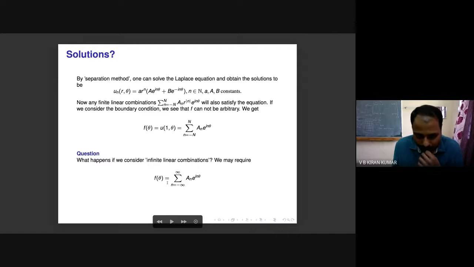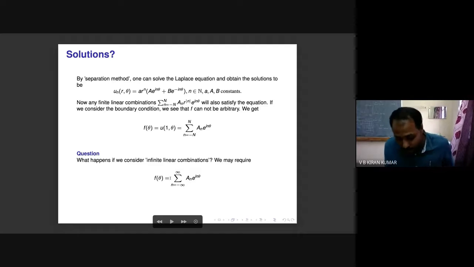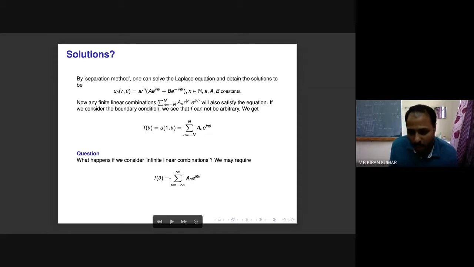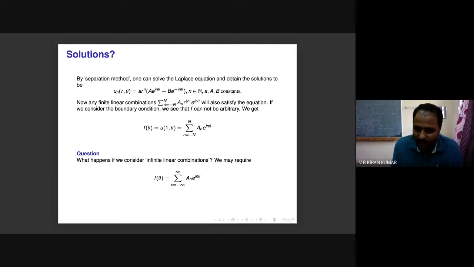Basically what happens, historically, when this problem arose for the first time in history, in that era, the notions of convergence and infinity were not there. And mathematics had not started being done in a rigorous form. There was no difference between mathematics, physics, and so on. So at that time people believed that such an expression will always represent a function, and for the Fourier series, no convergence issue arose at that time.